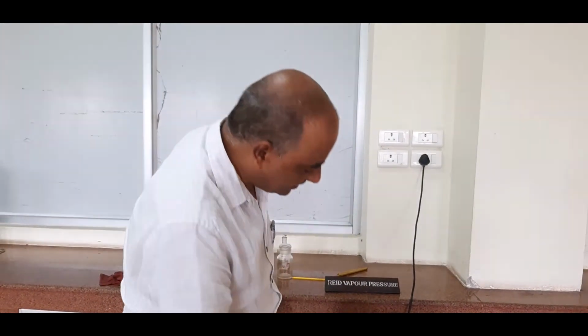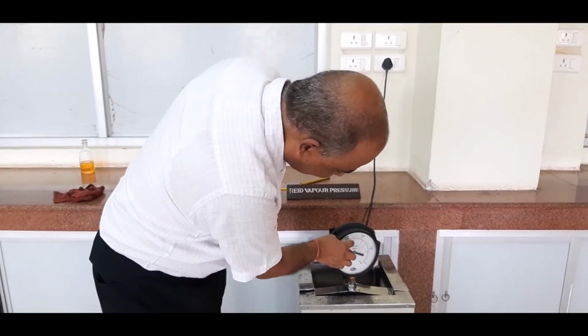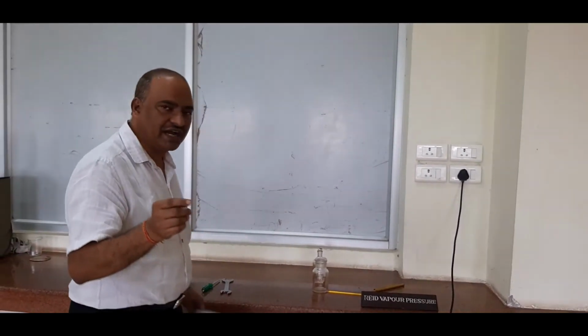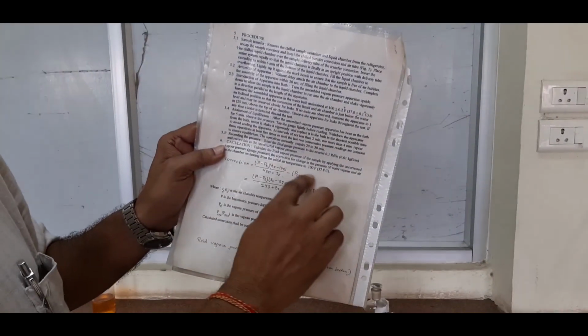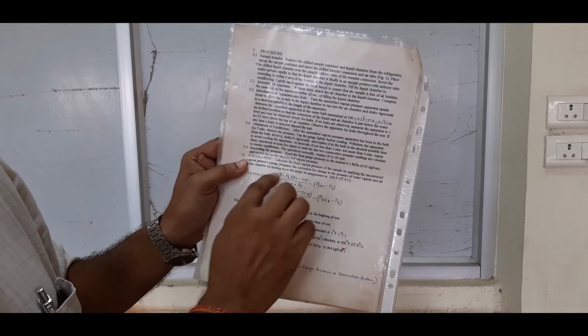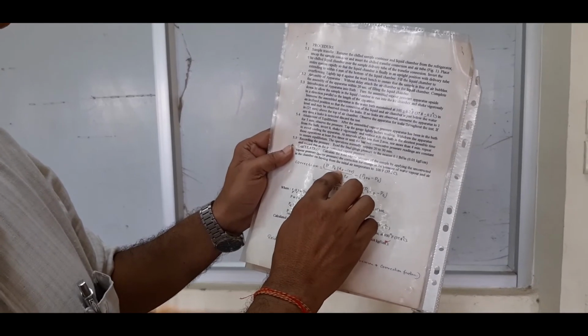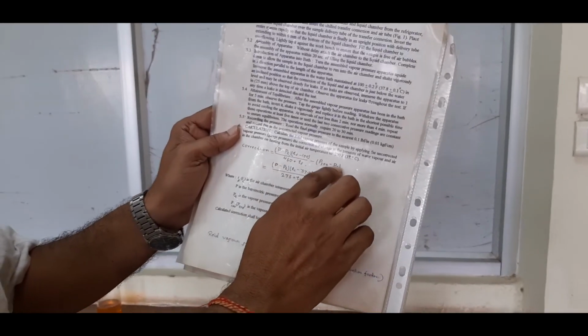Ultimately, it will settle at 7, and finally it has come to 7 psi. Okay, so this will be reported as the observed value of RVP. Then, as I have told you, we have to use this formula for calculation of the correction factor. In this formula, P minus Pt is TF minus 100 divided by 460 plus TF minus P100 minus Pt.